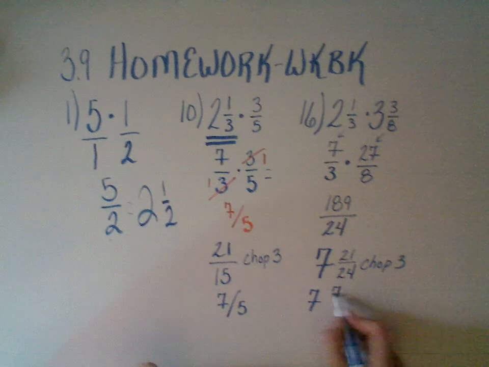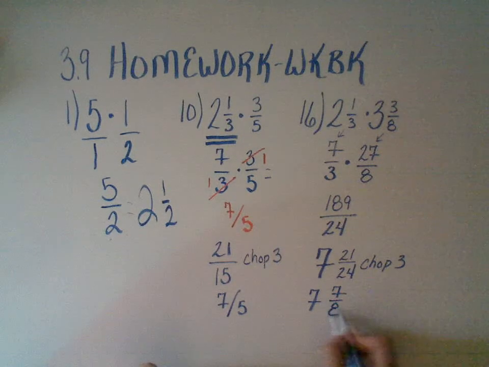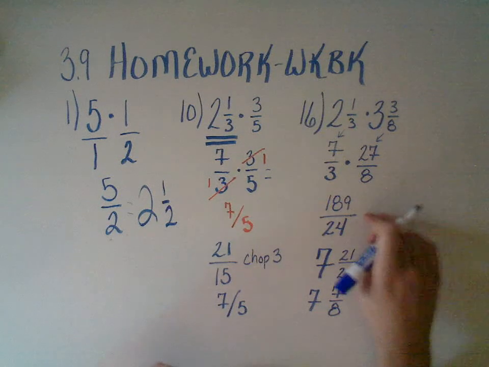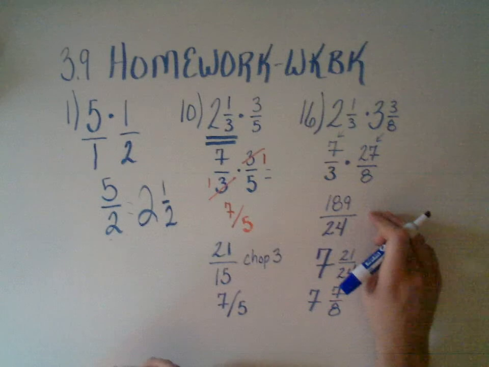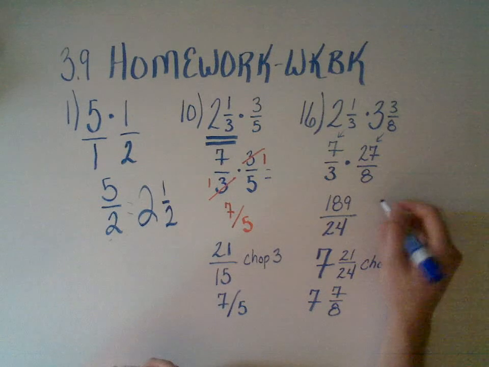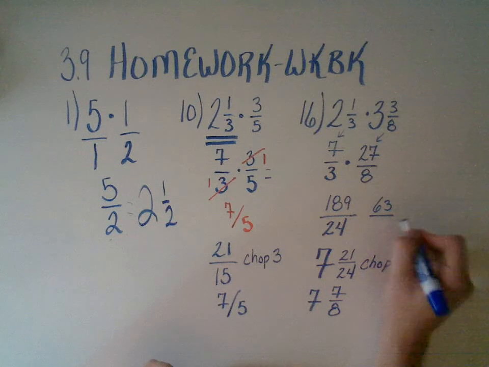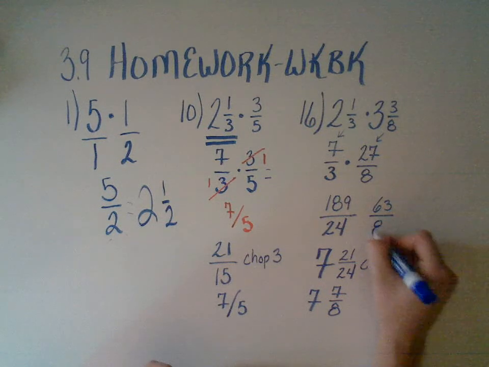And when I do that, that's going to change into 7/8. Now, if you want to go back up top, we could take the 3 out up here if we really wanted to, and that would give me 63/8,